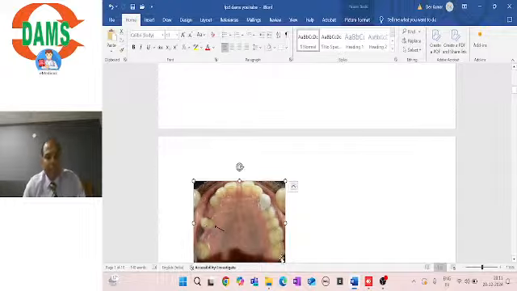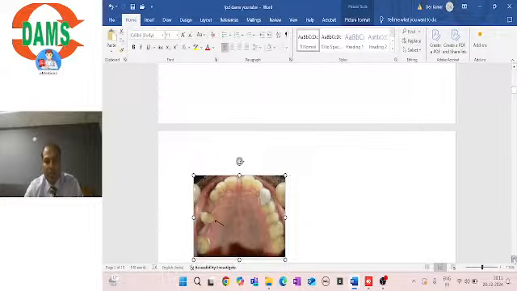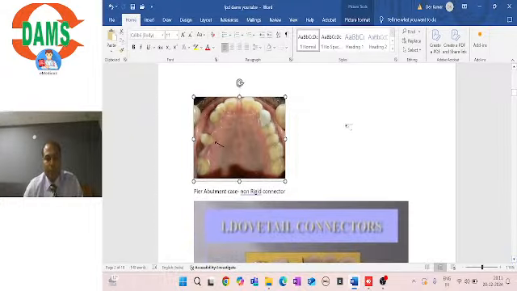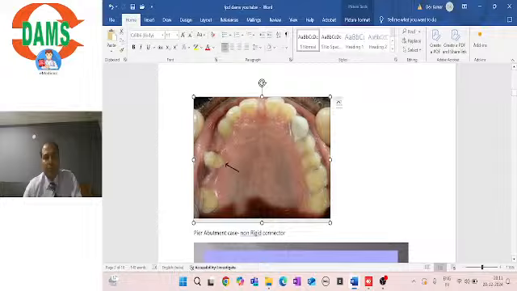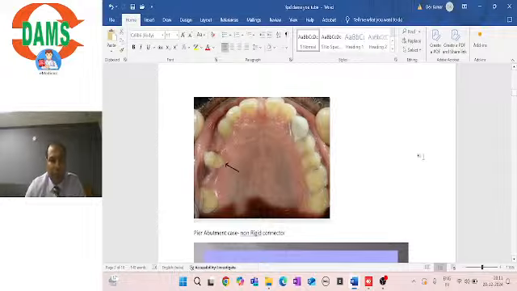I will just again enlarge this image so that you are able to see. Okay, so if you are able to see this, I will give the non-rigid connection at the distal aspect of the pier abutment, right? Now if I am giving this, remember this, there is a mesial pontic and there will